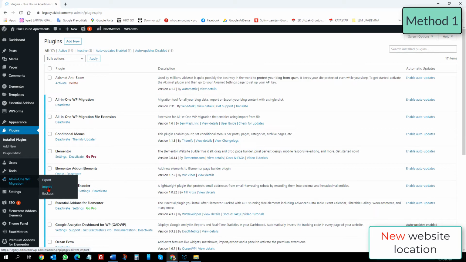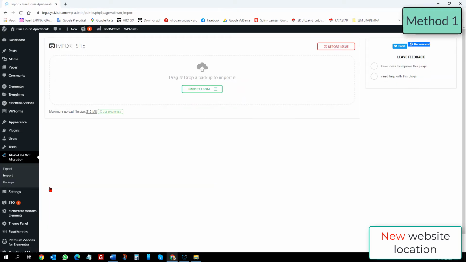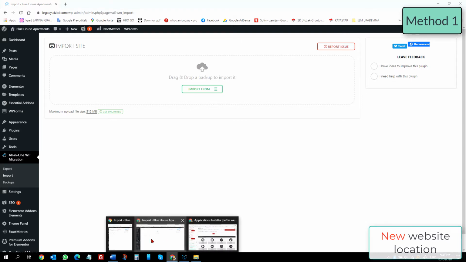And now you will go to import and now we will import that site we just exported from the old location. As you can see here, it says maximum upload size is 512 megabytes. That is more than enough for most of us. But that wasn't here at the beginning. As you can see in my old site,